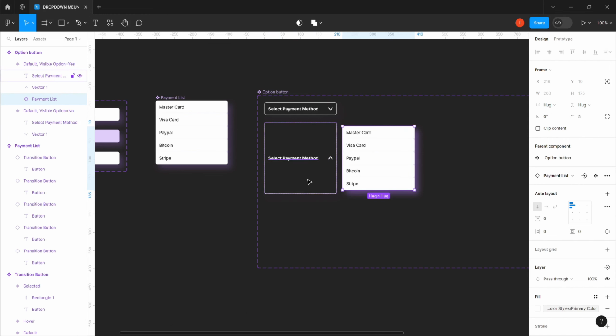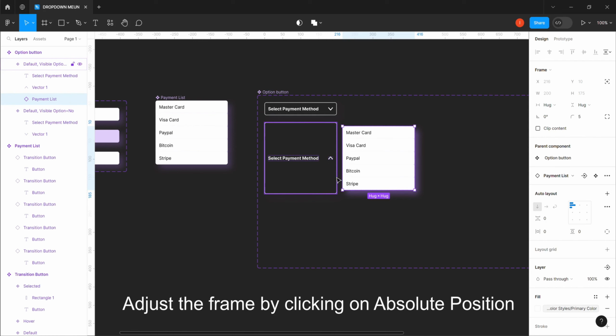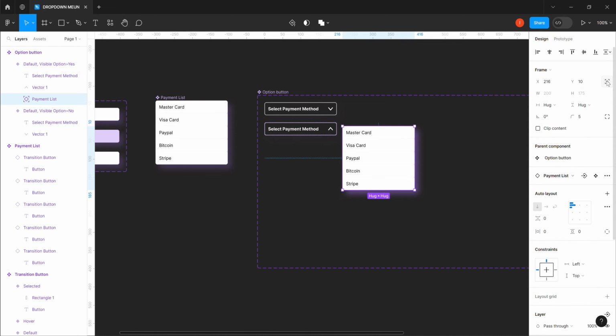But we can't leave it this way. We need to set it properly. To do that, we come to this panel here. We have absolute position, so we click on absolute position. Can you see that's adjusted to the previous size? For us to bring this underneath so that we still remain under